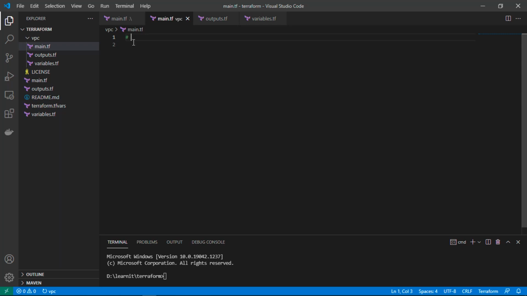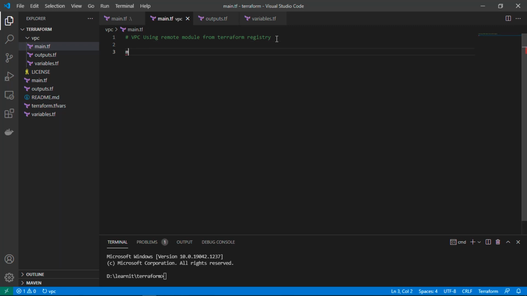Now let's go to main.tf of child module VPC and define a new module. So guys, I'm just providing a new comment here, VPC using remote module from Terraform registry. So guys, Terraform registry is nothing but a place where all the Terraform modules are stored. So like Maven dependencies, we have a central repository for Maven. Similarly, we have a central repository for Terraform from where we can pull predefined modules. And here I am going to pull a remote module for AWS VPC.